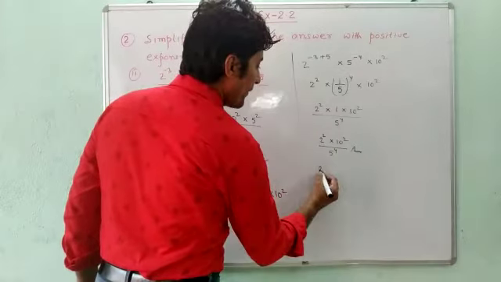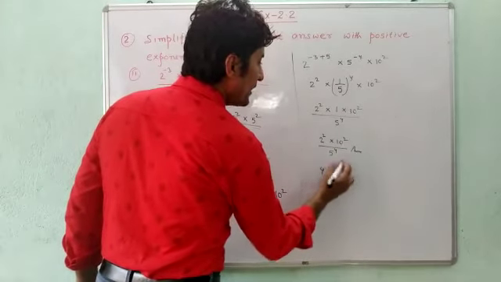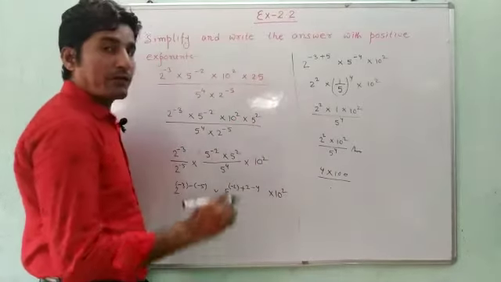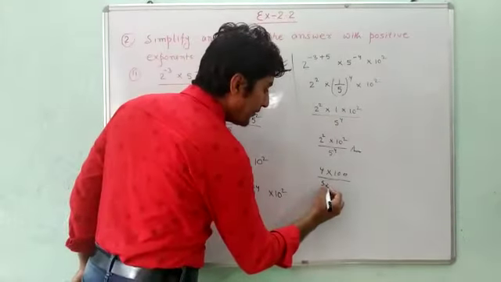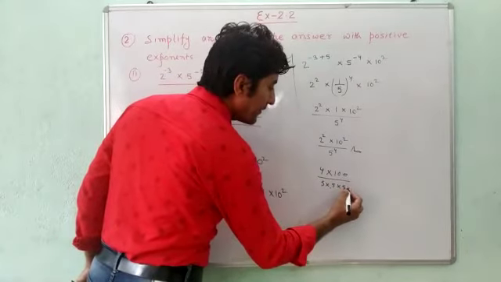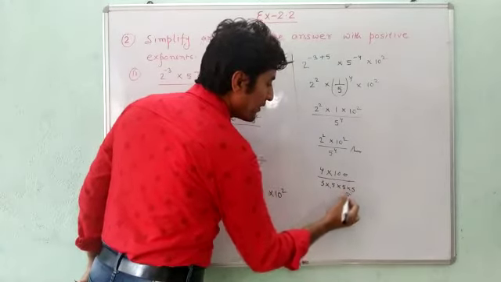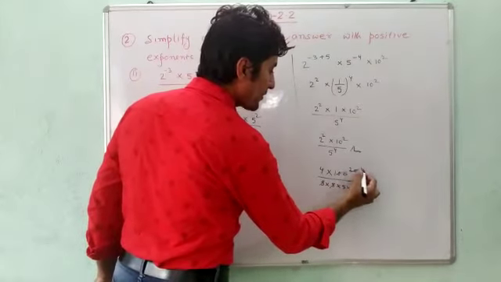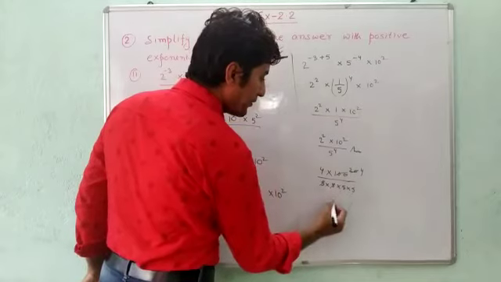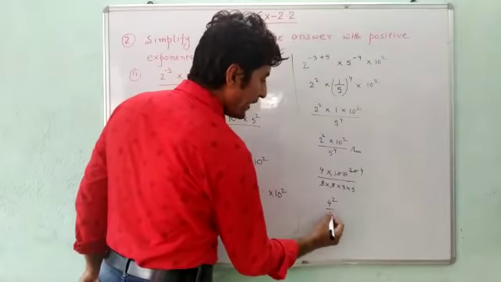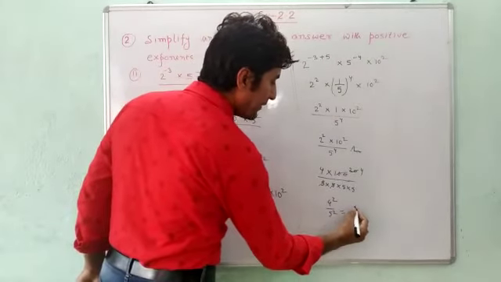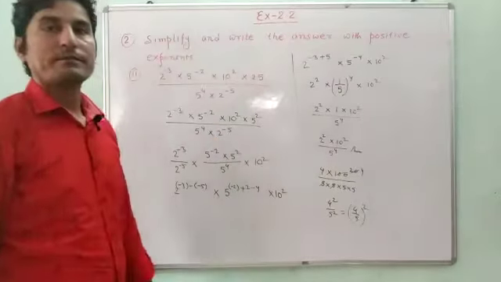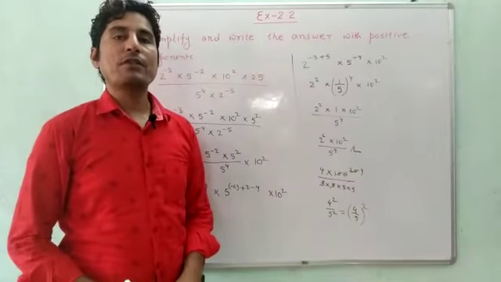Square of 2 is 4, we can write here. Square of 10 will be 100, and 5 to the power 4 means we have to write 5 four times: 5 into 5 into 5 into 5. So from here we can write 20, 5 is 100, 5 4 is 20. So finally we can write here 4 into 4, 4 square. 5 into 5 means 5 square, or finally we can say 4 upon 5 whole square. So this is the final solution for this question.